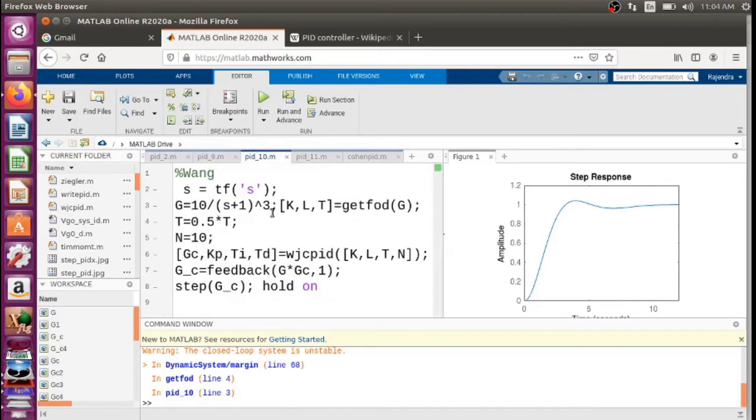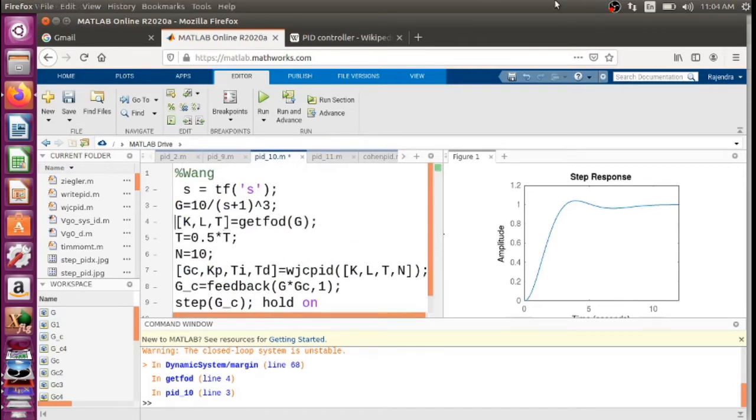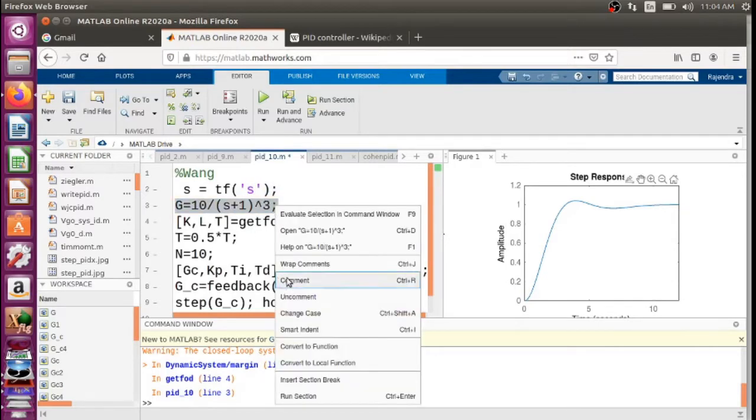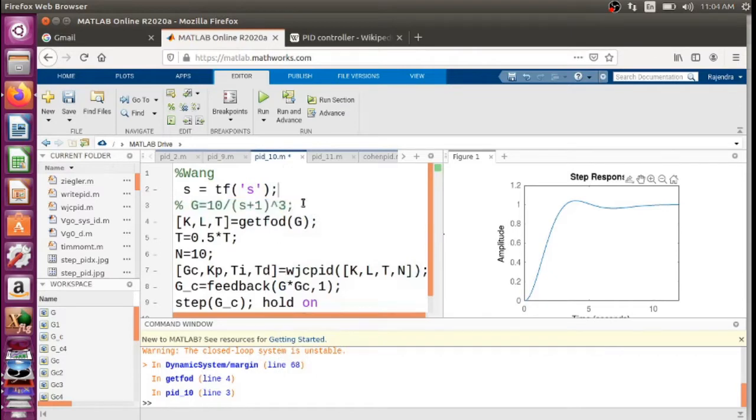So let us comment out the earlier plant and paste the new plant.